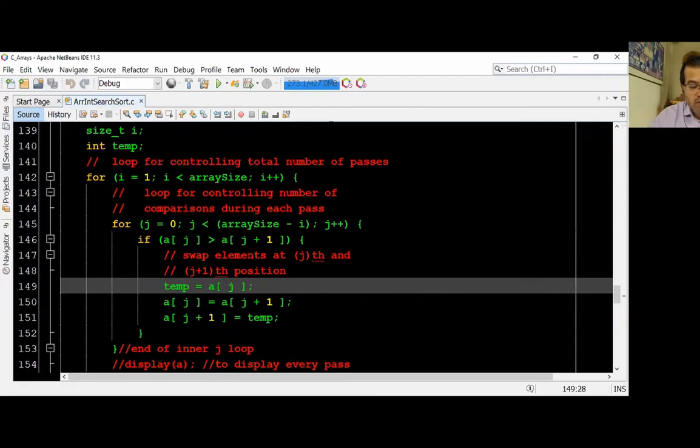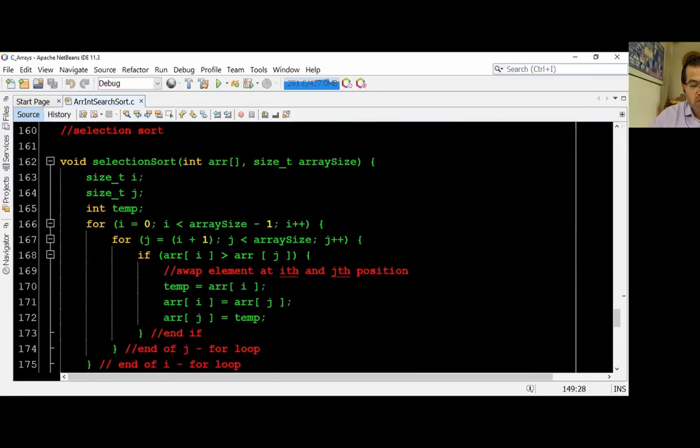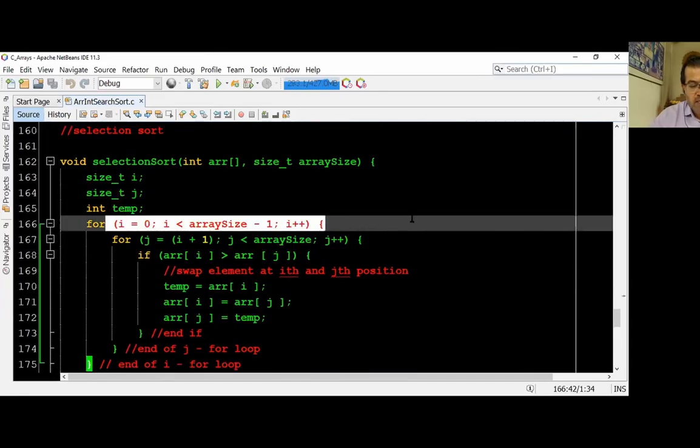I'll discuss the logic with you. You can see the code. I'll give you the code and discuss the logic. Why that is an optimized technique is what I'll discuss next time, after you have gone through this code. I also want you to have a look at this selection sort. If you look at the implementation, this is not very different.